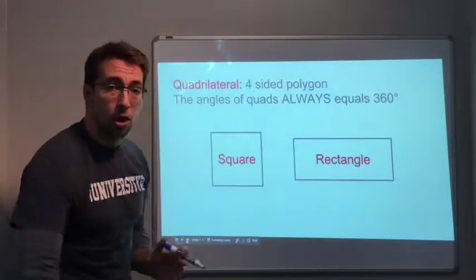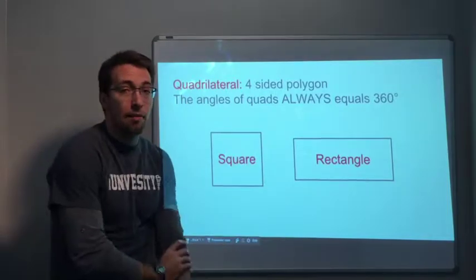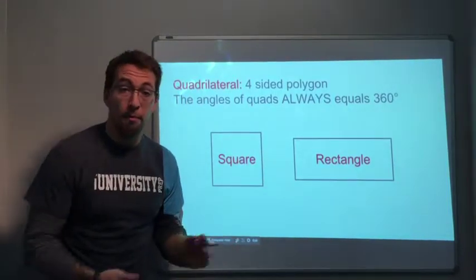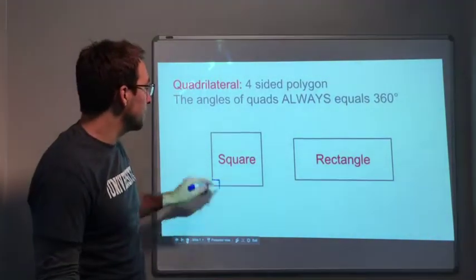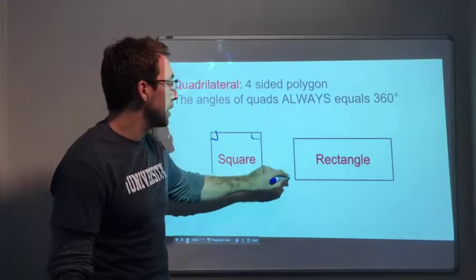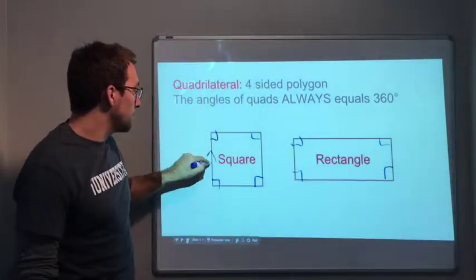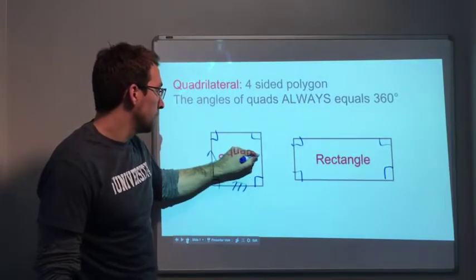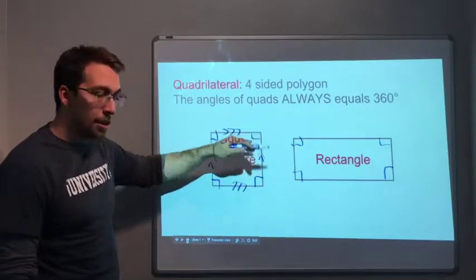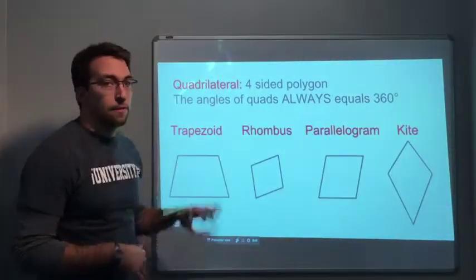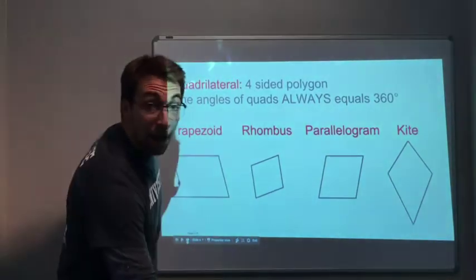Quadrilaterals. It doesn't matter if it's a trapezoid, a square, a rhombus, a kite. It does not matter. All quadrilaterals measure 360 degrees. Okay, so squares we know have 90 degrees on each corner. Same thing with rectangles, right? And then you also have, these are parallel lines. Right, so 3 marks, 2 marks, so it's all parallel. It doesn't matter if it's a trapezoid, rhombus, parallelogram, kite. All quadrilaterals' angles measure